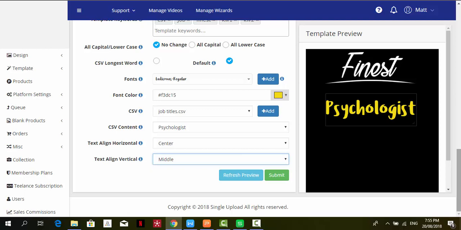Now the way those limits are calculated is each individual design, so Finest Psychologist would be one design, Finest Nanny would be one design, Finest Engineer would be one design. You would get, let's say on a gold plan, 4,000 of those kinds of designs, regardless of how many platforms it's going onto and regardless of how many products it's going onto. So yeah, you get pretty high limits and you can create a huge number of products on lots of platforms